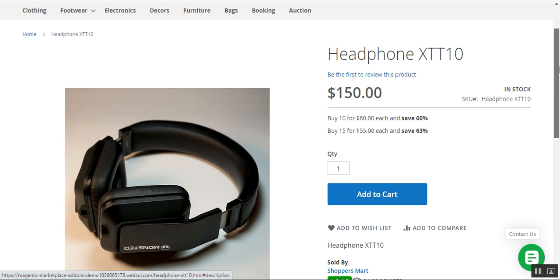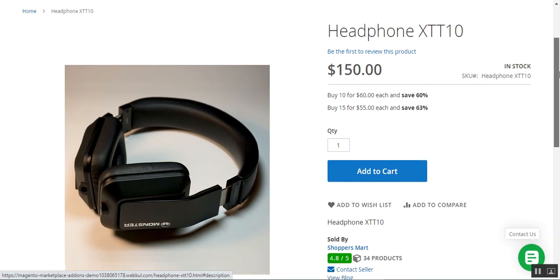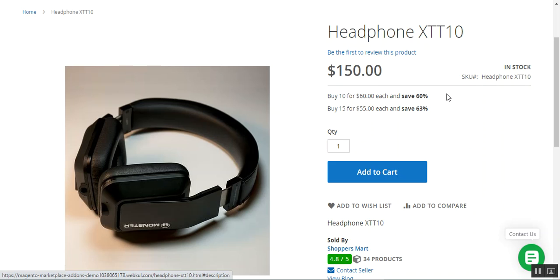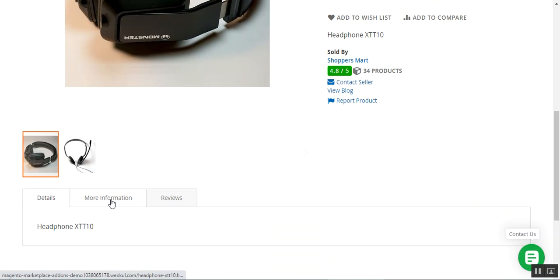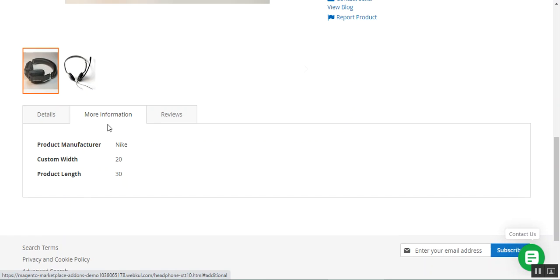So right now you can see that I'm on one of the products of the marketplace vendors, and here we have the tier pricing, as you can see. So it's a custom attribute. Apart from that, the customers can navigate to the more information section to check the custom attributes of the product, like the product manufacturer, custom width, product length, maybe color, whether this product is washable or not. It depends upon the created custom attributes from the backend and the ones that have been enabled by the